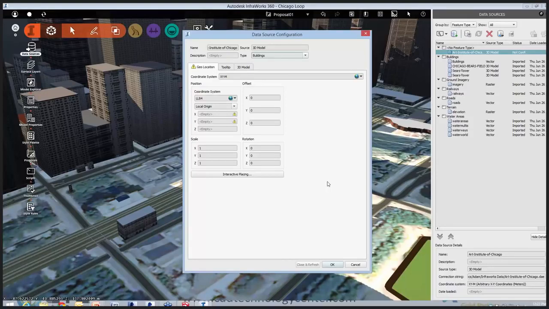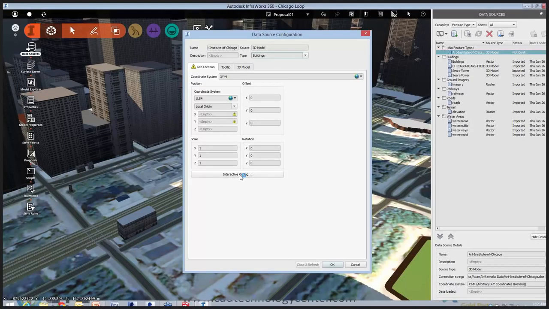Now, by default, the Infraworks environment utilizes the coordinate system. It knows where things are being dropped in. So if your Revit model is accurately located using the tools involved, it can place it. If you're using civil data, it has a coordinate system and can accurately place that information. The SketchUp elements or the other 3D modeled elements available online may not have coordinate systems, but you do have